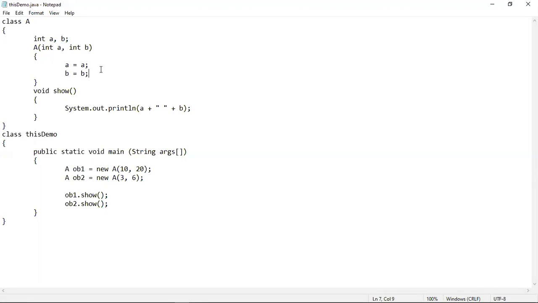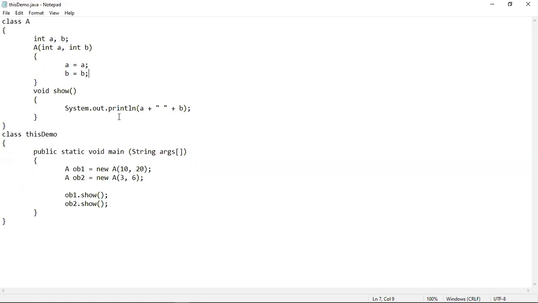And as the local variables are getting the priority and have already hidden the instance variables, the left hand sides, that means these a and b, can never be reached by the compiler or the JVM. If they can never be reached, they can never be assigned values. If you cannot assign values, then obviously you are going to get errors.